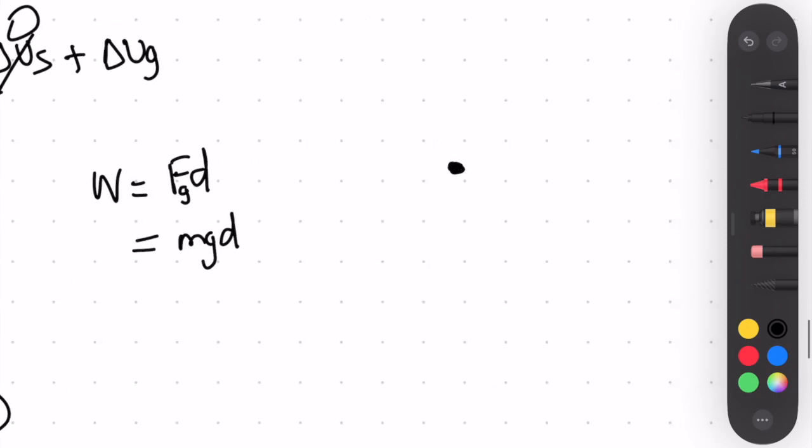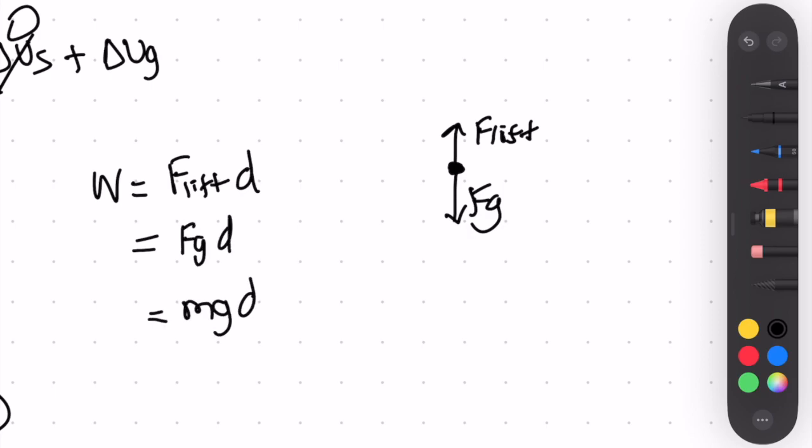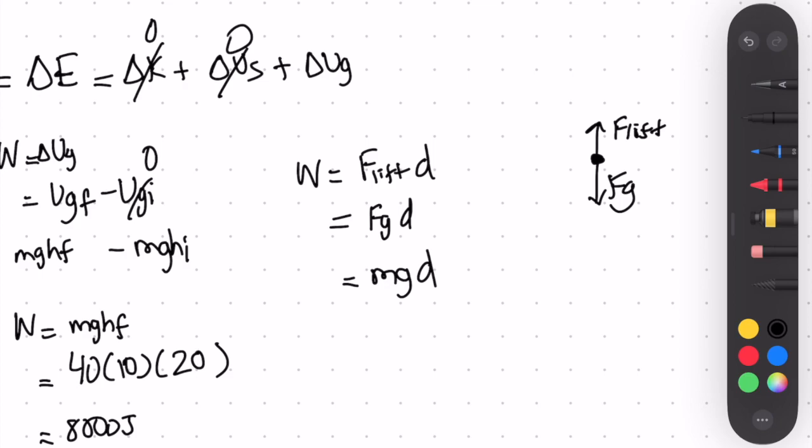So if you were to have this block right here, force of gravity, and here's your lifting force, we don't want there to be any sort of acceleration. That's why we have a constant speed. So your lifting force would be equal to your force of gravity. So you could simply substitute things in, where you could say, okay, here's my lifting force. I want to figure out the work done by it. It's applied over a certain distance. The lifting force just so happens to be equal to the force of gravity because everything's at constant speed. There's no net acceleration. So F lift is equal to Fg, and that's equal to mg, times the distance at which that force is applied, and that's 20 meters, and that also can help you figure things out. And that matches up with our reasoning for number 15, that the work equation force times distance is